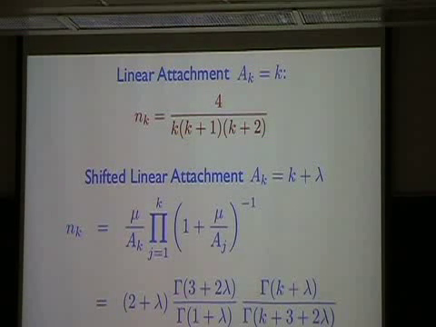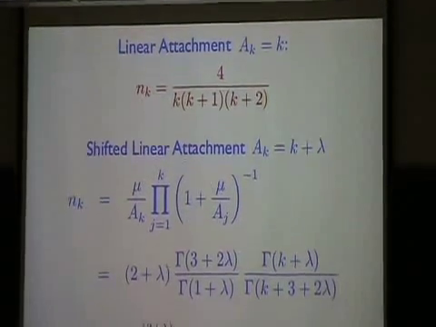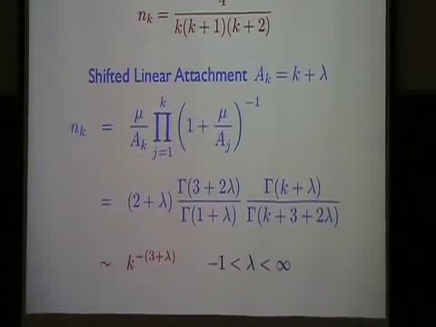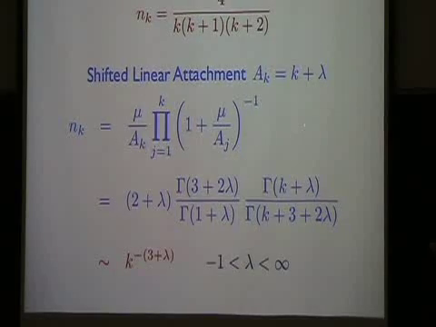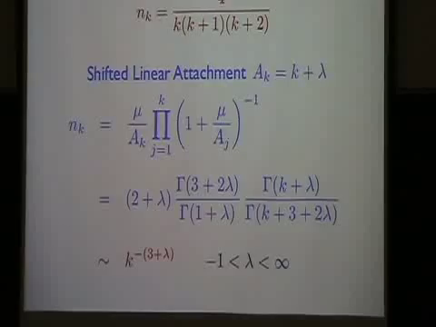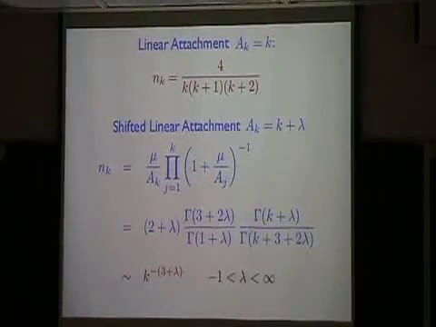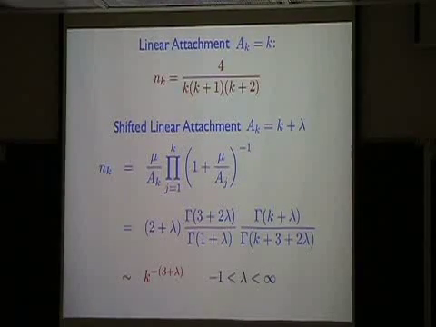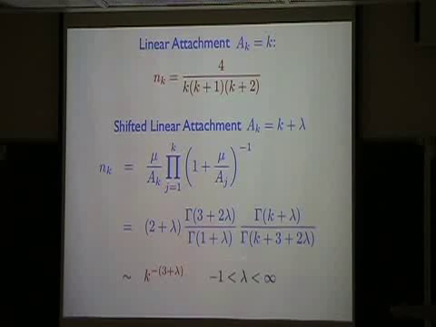The other example is shifted linear preferential attachment. Again, if you plug this k plus lambda into the exact formula for the degree distribution, and then do a little bit of gymnastics, here is the exact answer. A little bit of gymnastics is how you relate products of factors to ratios of gamma functions. It's one of those things that, if you're not familiar with it, seems like black magic, but once you've learned the trick, you'll never go back to doing it any other way because it's so much easier. You can almost recognize right away that the answer has to be this.